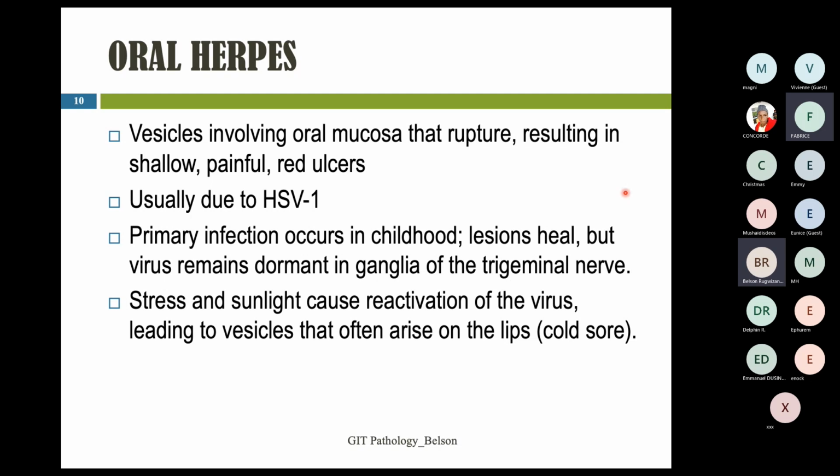Ganglia, you know, these are large, like neuron nuclei. So these viruses will be there, and they will be reactivated